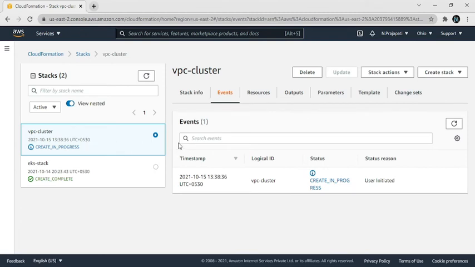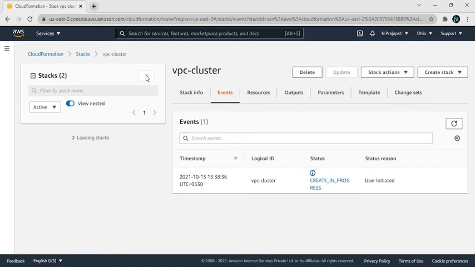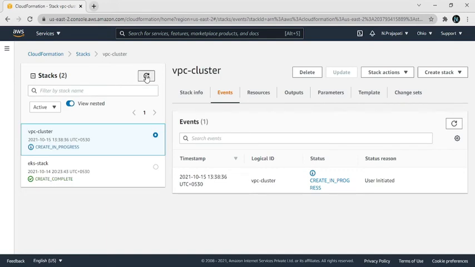So here the stack is ready, and it shows create in progress. It is in progress, so it takes a few minutes. So wait for a few minutes. It will take some time, so now click on the refresh button and wait for it.